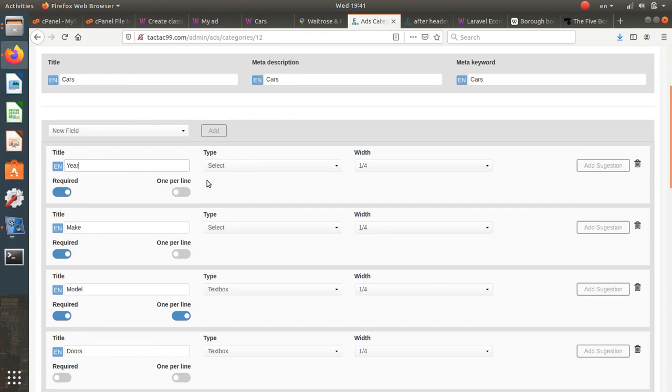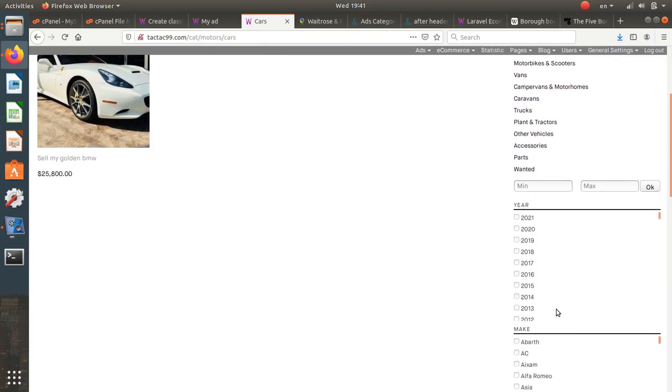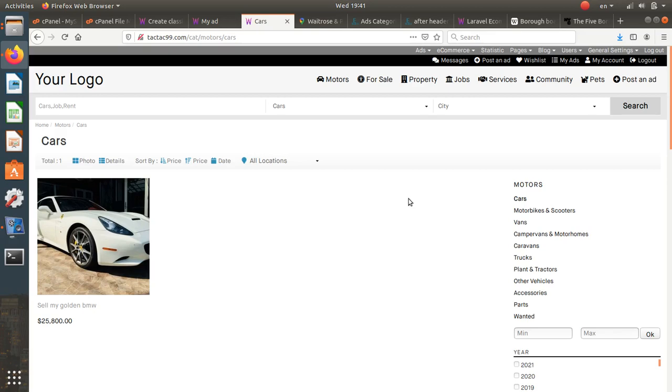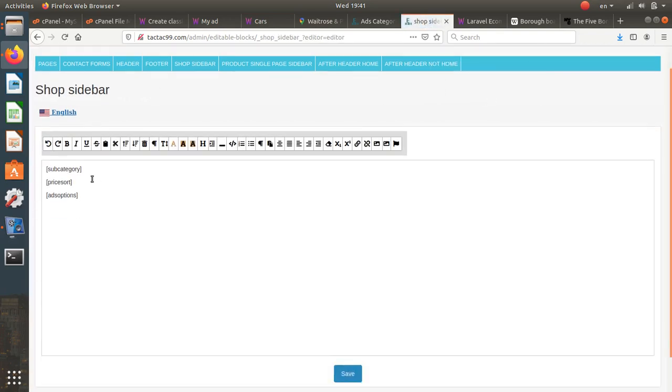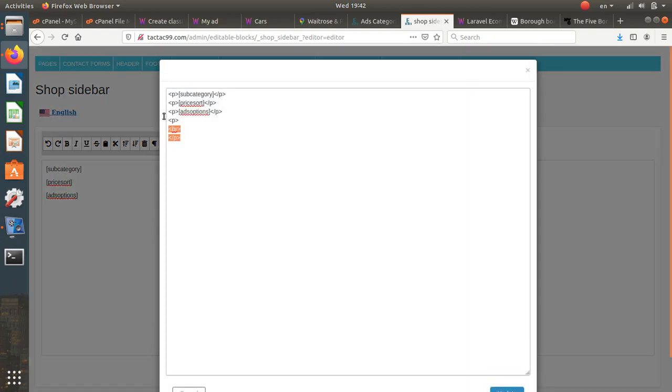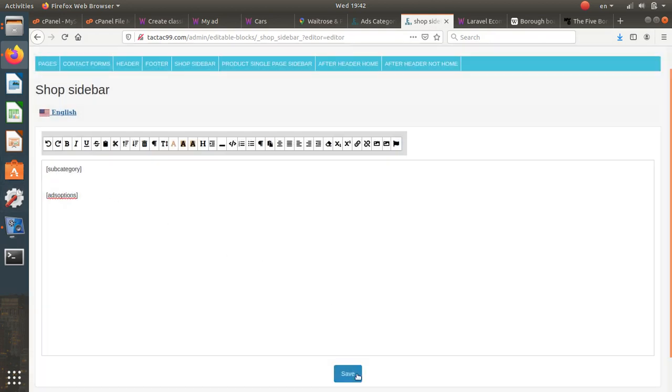So this is the option, yes, make, and when you go to the category car, actually it will show this option. But you may edit pages, shop sidebar. On shop sidebar we go to subcategory where you need to add an advertising. You just enter the advertising. If you need to add HTML, you could use this one to enter the HTML. Press update. For example, we take the price sort, update,